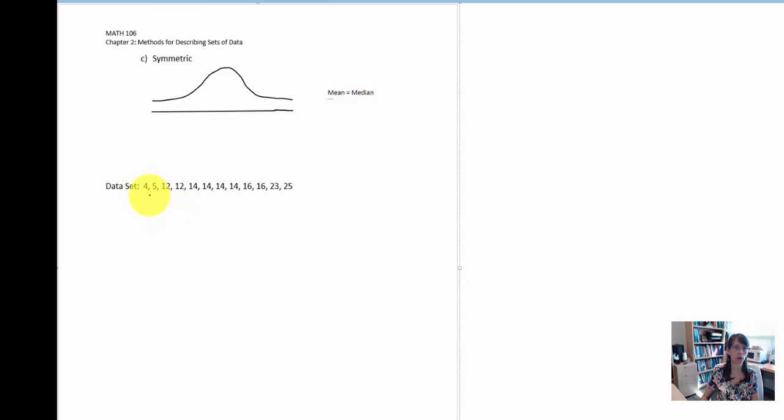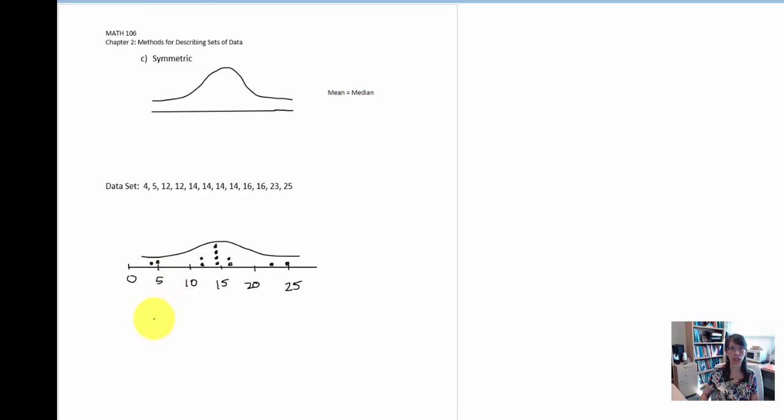We'll make a dot plot for these measurements. Our numbers range from 4 to 25, so I will count by fives to accommodate all the measurements. 12 appears twice, so we have a stack of 2. 14 appears 4 times. 16 appears twice. And now that we have the measurements plotted, we'll draw a smooth curve over the measurements. Now our mound is not quite as tall as the illustration above, but we are going to calculate the mean and the median